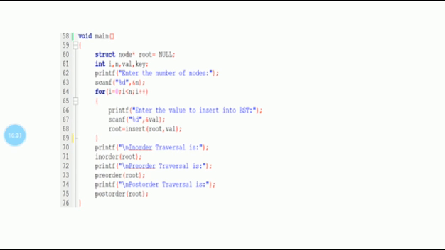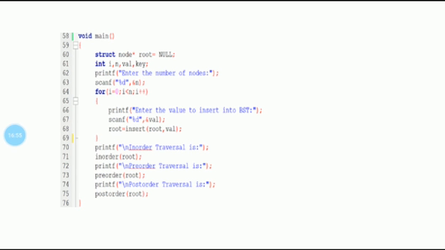i is for looping purposes. n represents the number of nodes, and value is the value to insert into the binary search tree. So enter the number of nodes. We are going to provide that particular value at runtime, for example 7. Then with the help of a loop, we write like this: printf enter the value to insert into the binary search tree.